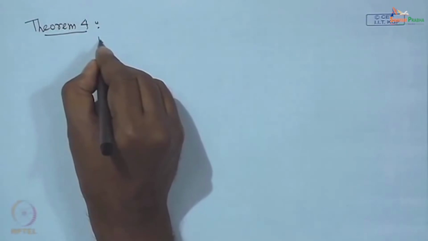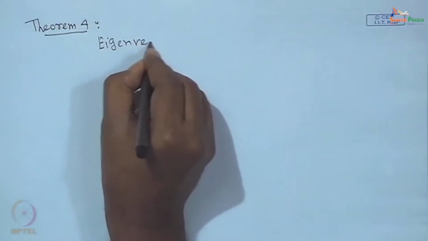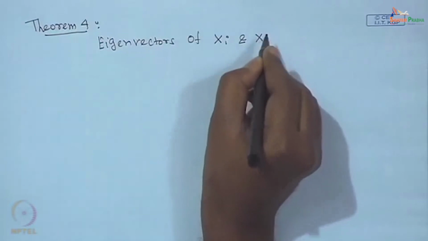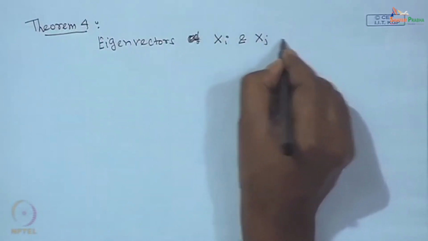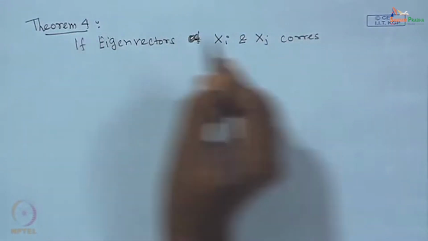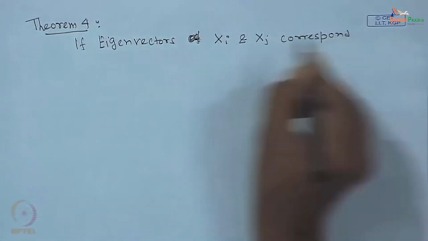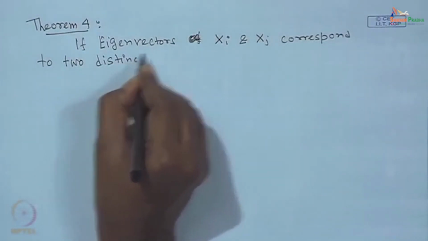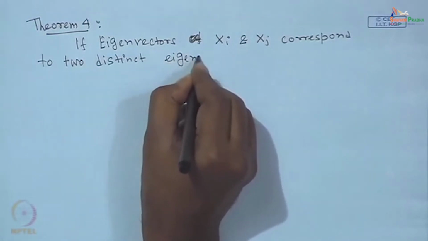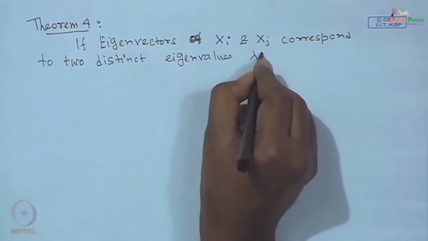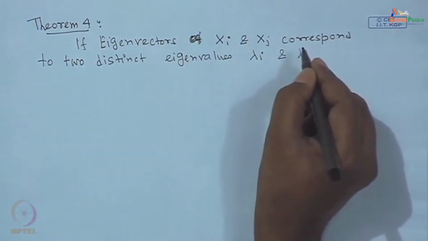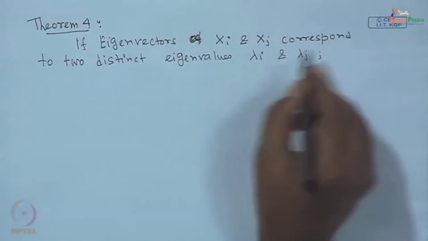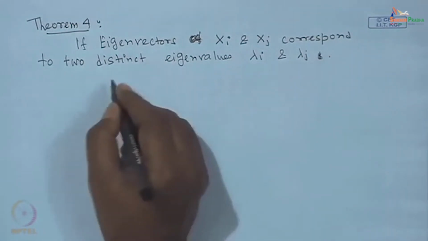This says: if eigenvectors x I and x j correspond to two distinct eigenvalues lambda I and lambda j, then they are orthogonal to each other